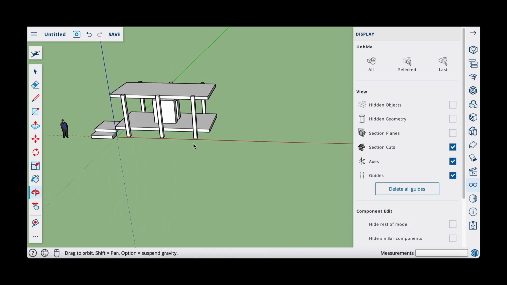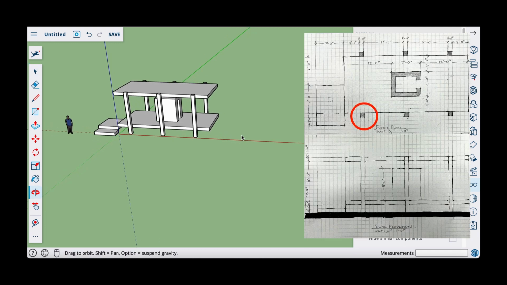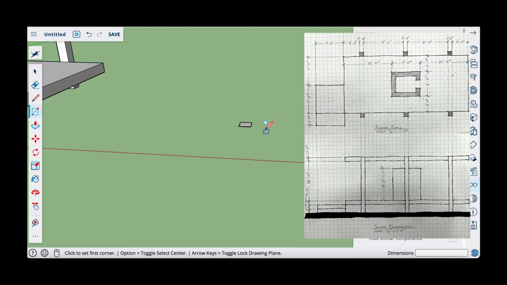Alright, so the first thing I'm going to do is start by modeling a column. Let me use the rectangle tool and click on the ground here, click and release, and this rectangle is going to be 12 comma 12 enter, which is 1 foot by 1 foot. You could alternately type in 1 apostrophe comma 1 apostrophe for 1 foot, and I'm going to push pull